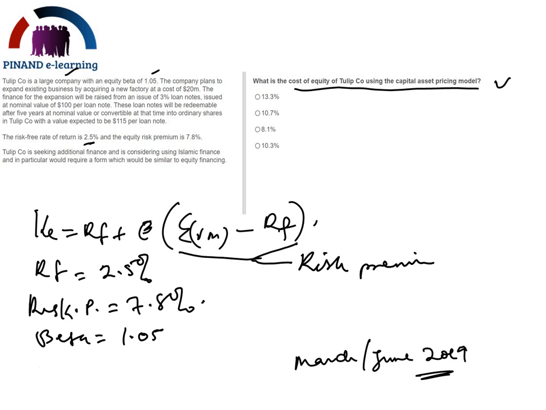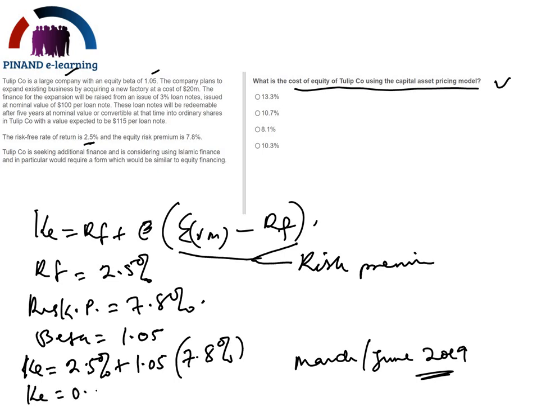So that will be KE: this will be 2.5% plus 1.05 times the premium, which is 7.8%. If we bring this to decimals, this will be KE equals 0.025 plus 1.05, sorry, I'm putting them in decimals now,